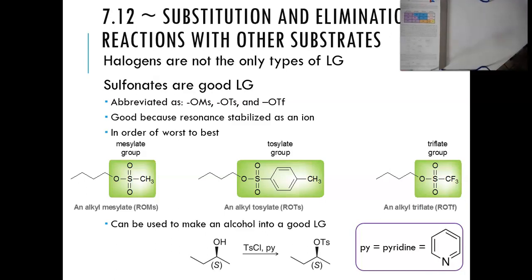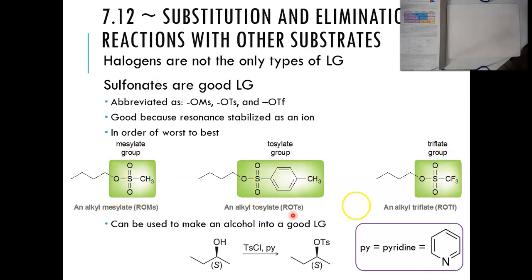In this one, we're looking at other potential leaving groups. We know that halogens are great leaving groups, but they're not the only thing that we can use. A common one that we use is a sulfonate group. So a sulfonate is an SO3 group with an R attached to it, and they are good leaving groups because of resonance. So here's our SO3R,